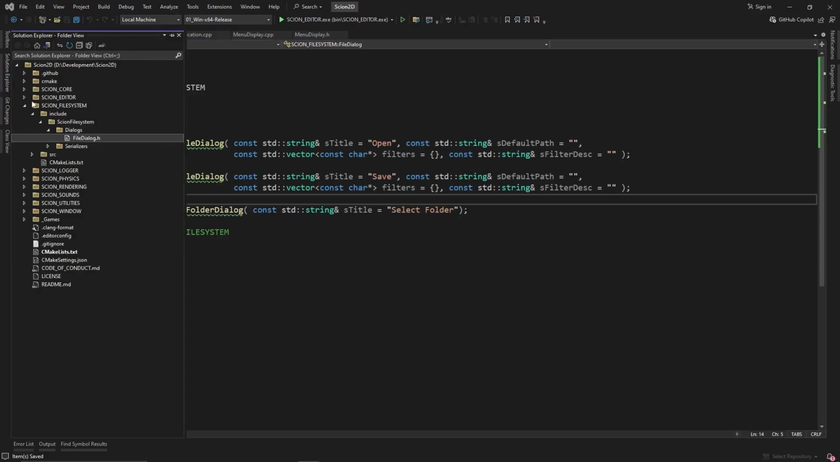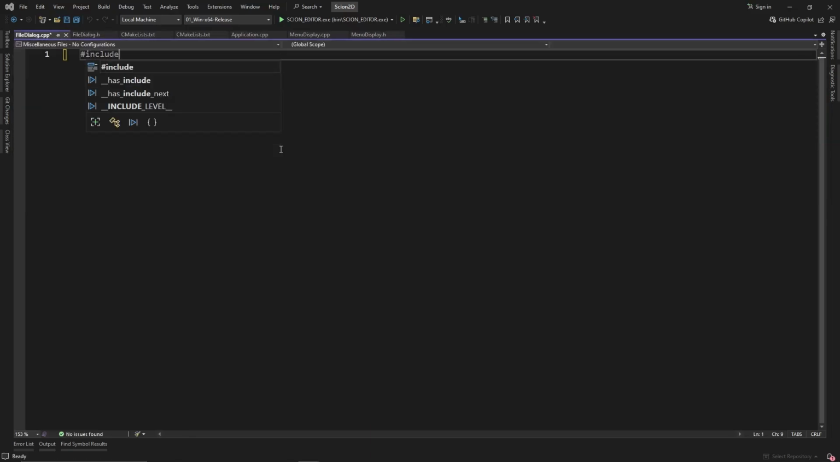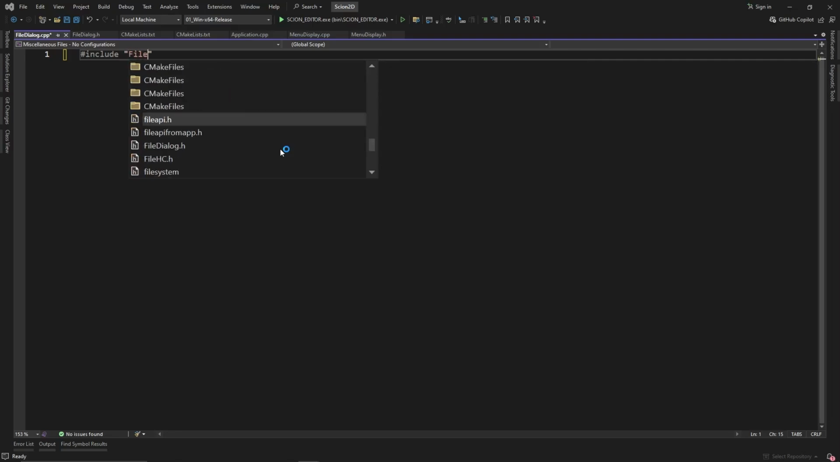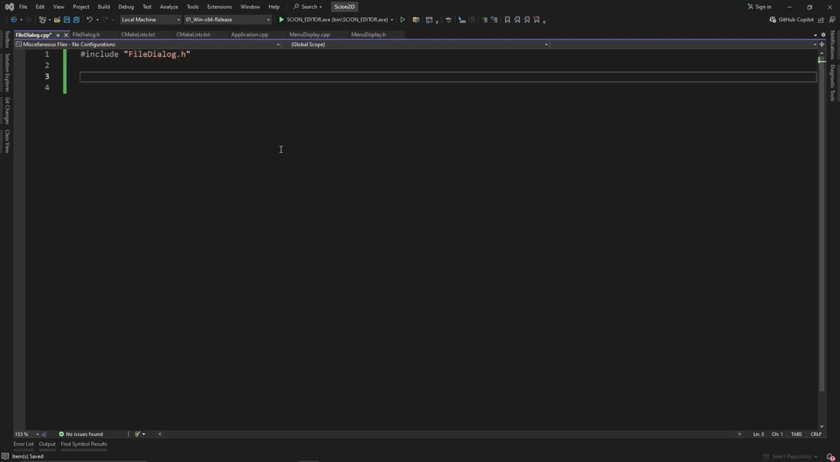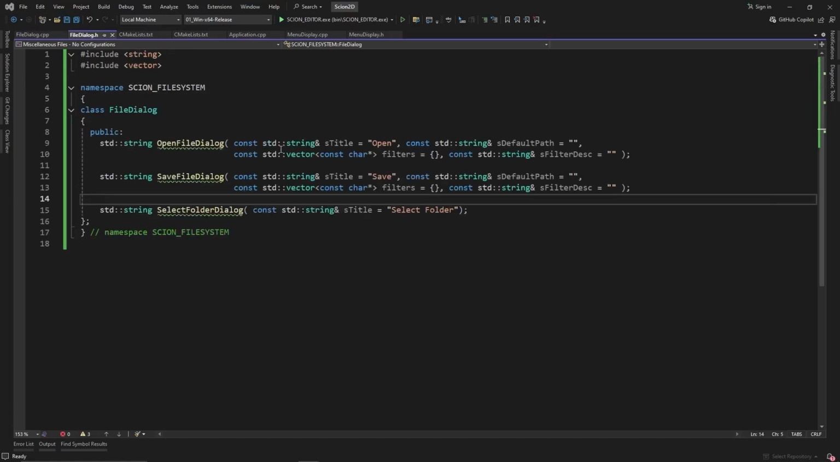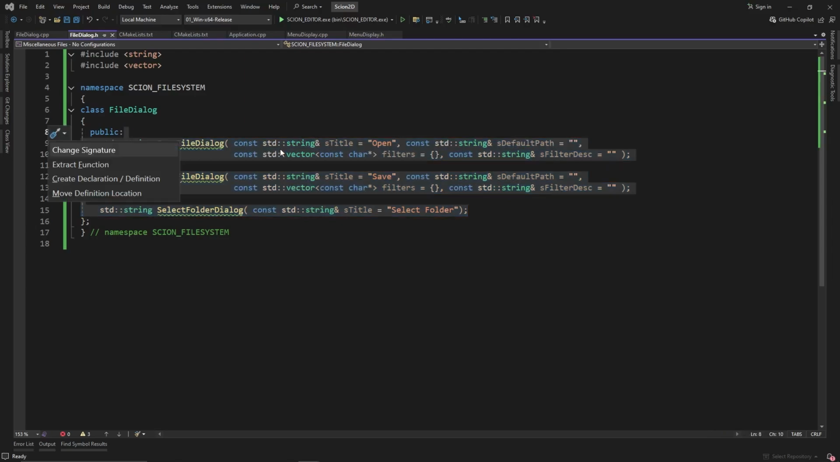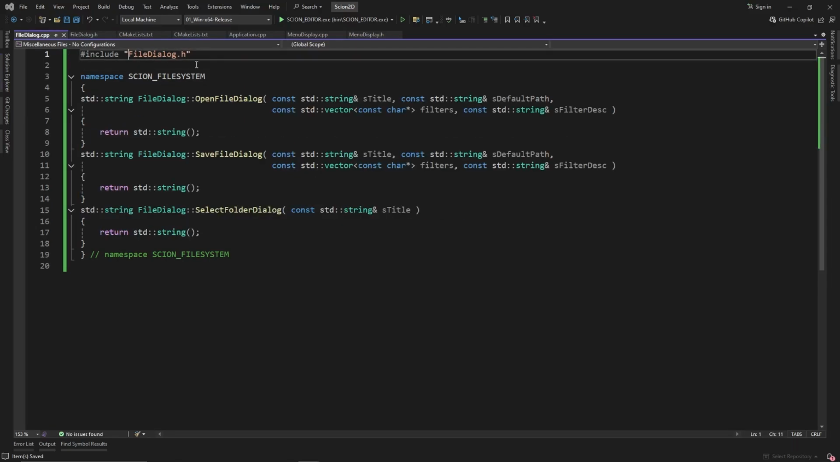So what we want to do now is go and create another file, new file, file_dialog.cpp. Cool. It's going to include file_dialog.h, and we're going to have our namespace Scion file system. Awesome. And let's create these three functions. So now that we have this, we might as well include in the Scion file system dialogs